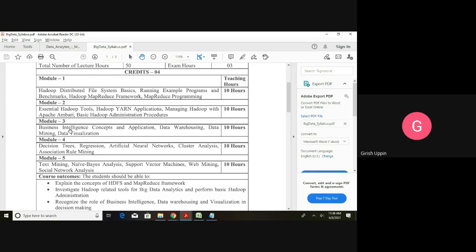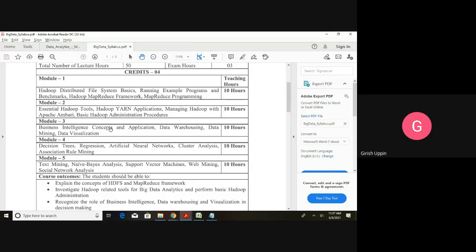It tells what business intelligence is, what a pattern is, how pattern recognition is done, how data processing is done, and what the different technologies are that are used for doing data analytics. It covers the whole picture, and then we'll start with the actual syllabus,